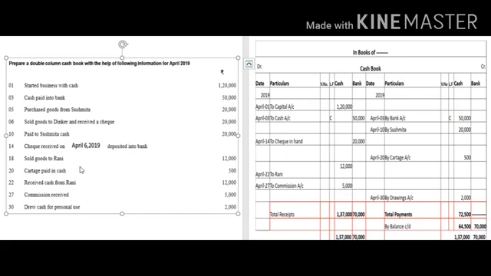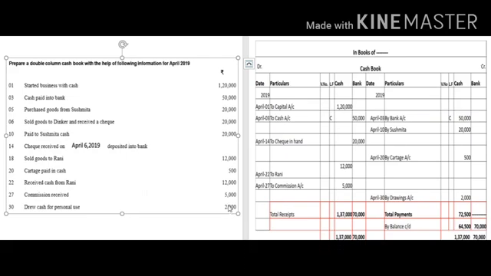Sold goods to Rani. Again, is this a cash or credit transaction? Yes, this is a credit transaction, so it will not be shown in the cash book. Next, Cartes paid in cash. Payment, so you will write down on the payment side by Cartes, and as you are making payment in cash, you will write down the amount in the cash column. Here, in most transactions that I have taken, I have shown the cash transactions. In the next module, we will discuss some more questions where we will take examples of banking transactions.